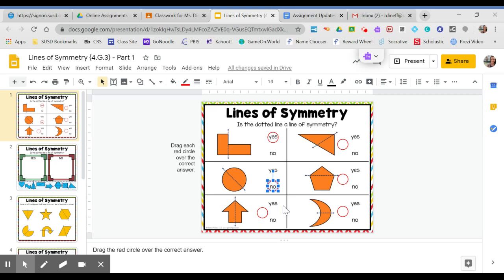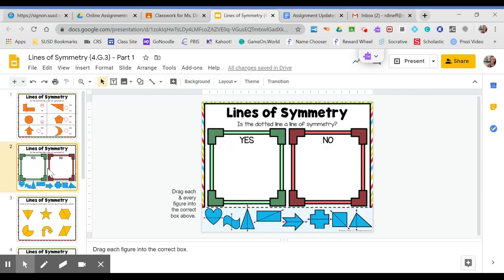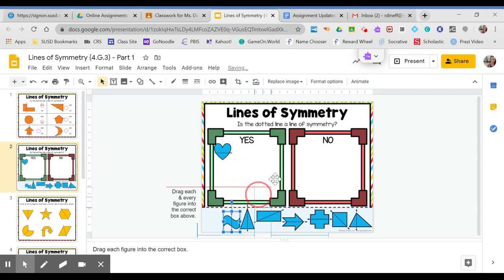When you finish all six, going on to slide two, we see, is the dotted line a line of symmetry, yes or no? And then our directions: drag each and every figure into the correct box above. So if you think it's yes, you drag it to yes. If you think it's no, drag it to no. Once you're finished moving all of the pieces from the bottom to one of the two boxes, you can move